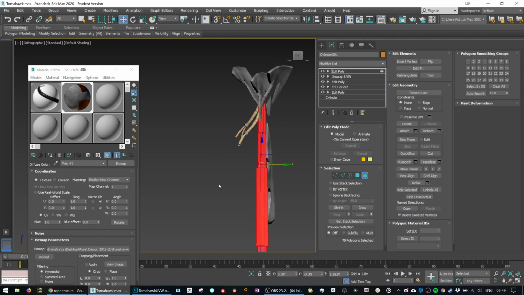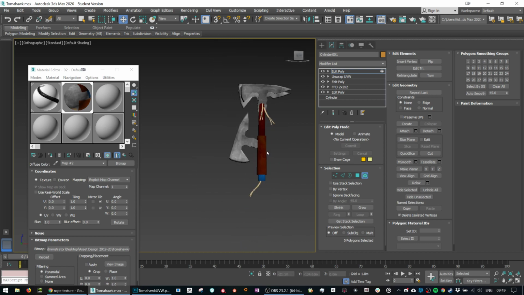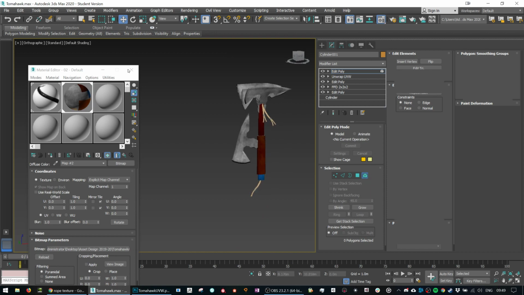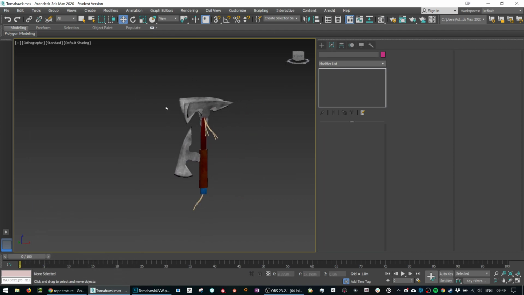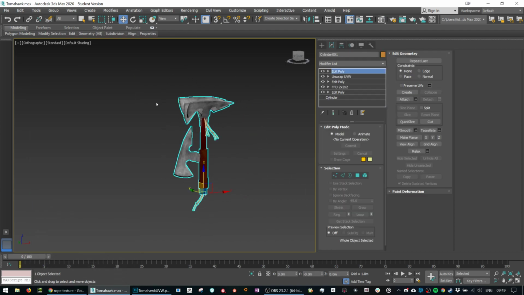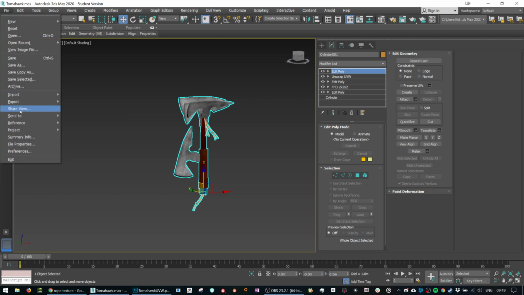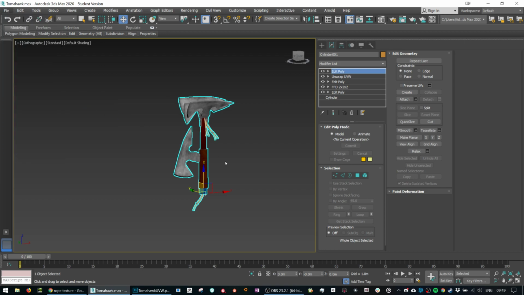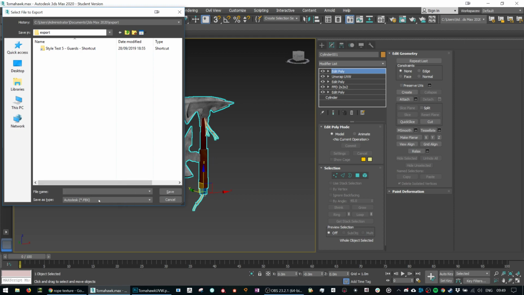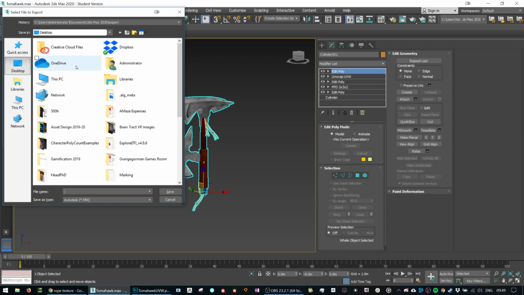All right, so we have this super dumb tomahawk. Grand. So when I'm happy with this, remember, it's still just one object. Make sure that it's always one object. File, export selected, and export that as an FBX. So desktop, asset design,